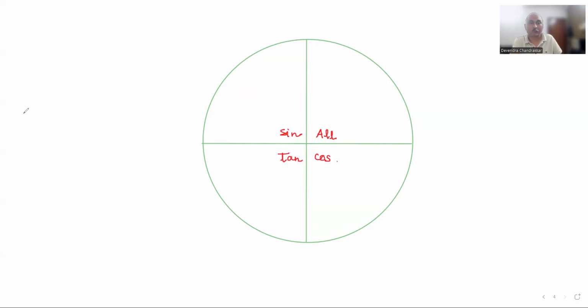Clear? Now what does this mean? I'm just writing the explanation for this. First, trigonometric values. What are trigonometric values? Sine, cos, tan. I'm discussing only sine, cos and tan values. Okay? So trigonometric values of all the angles